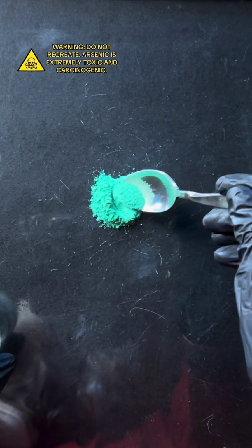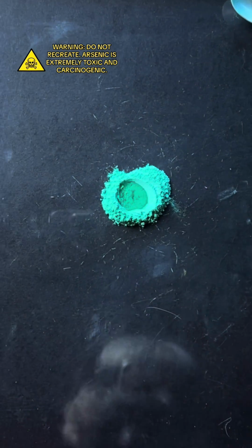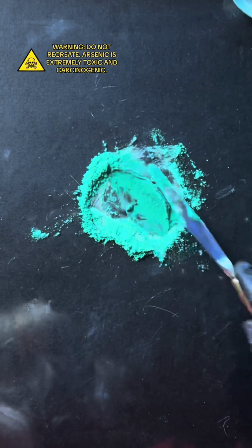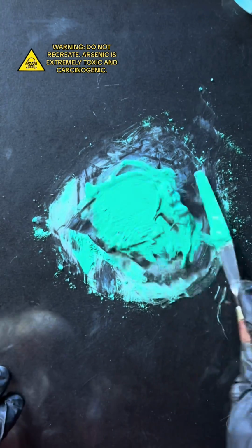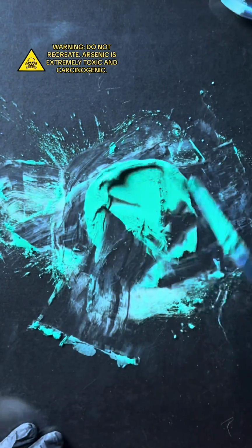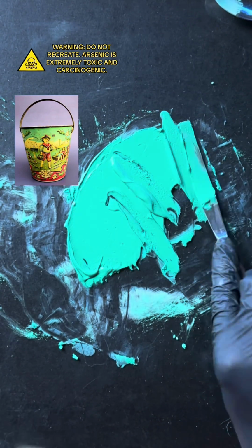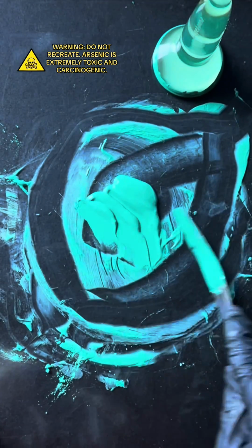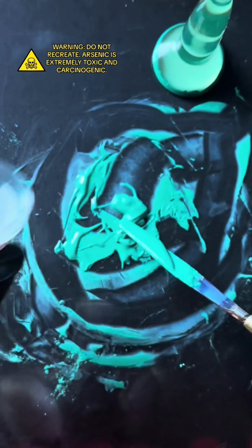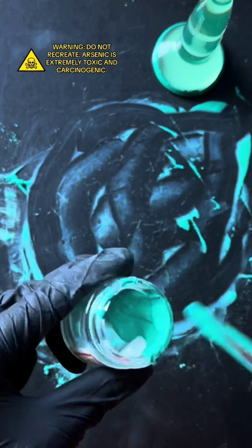Now, emerald green was first introduced in 1814 and was used by a lot of notable painters in the 19th century. But what's fascinating is that this beautiful color made from copper and arsenic wasn't just used to create paint. It was also used in everything from clothing to wallpaper to children's toys to medicine, which is pretty bad when you consider that arsenic is actually extremely toxic and should not be consumed under any circumstances unless you want cancer,